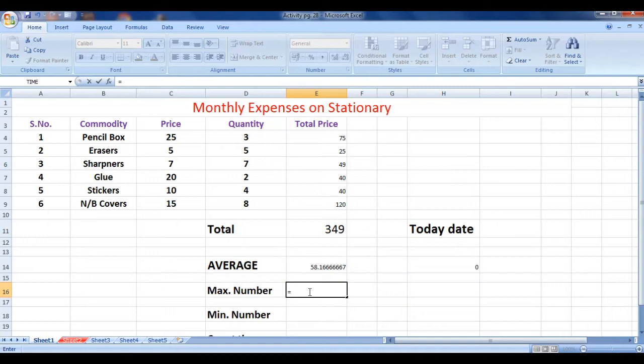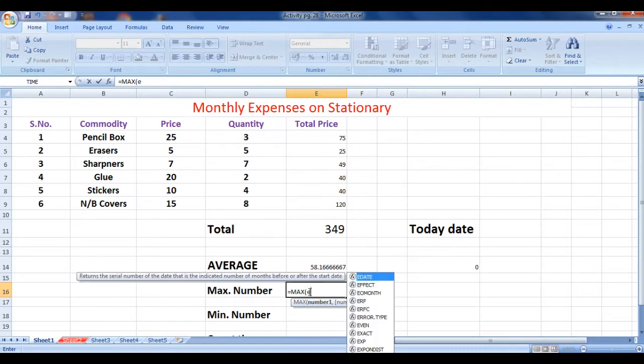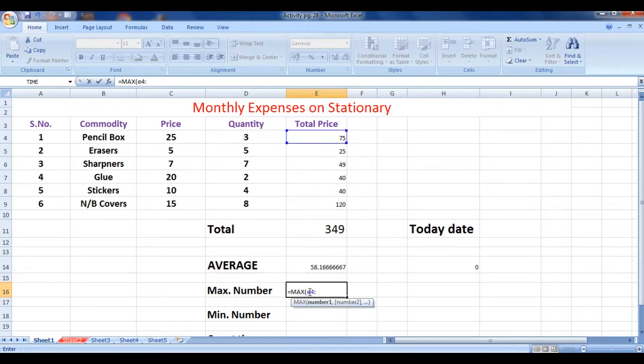Max is used for the maximum. Then again start the bracket, passing the argument, the range from which we want the maximum number. E4 colon E9. Again I am pressing the enter key and you got the maximum number from this range E4 to E9. That was 120. This was the maximum number.